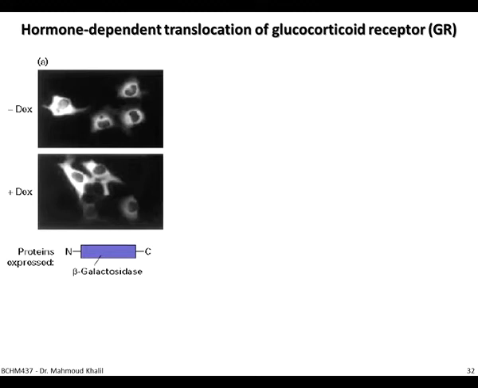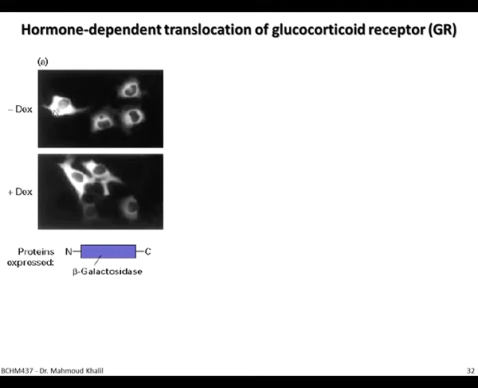Once we put a signal, represented by DEX here, this signal is a steroid signal. We assume that this signal will penetrate the cell membrane and get internalized, and once it is inside the cell, it needs a receptor. We used this protein, as we said, because it emits fluorescence, so we can see its localization, represented here by the bright light.